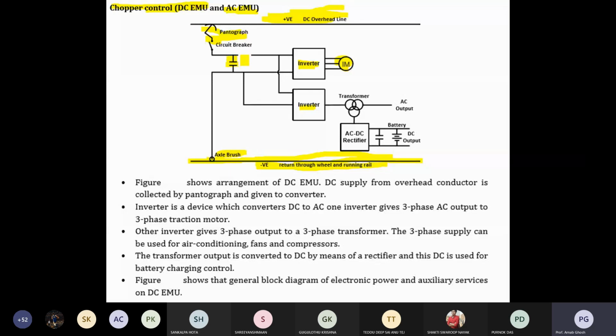That is one option. Another option is to use a multi-level inverter. In a normal inverter the output is a square wave, but a multi-level inverter gives a multi-level stepped wave. So they are nearer to the sinusoidal output. In that case the filter you need to design will be quite small. But especially for the normal inverter, the output is square, so that's why the filter design is important.